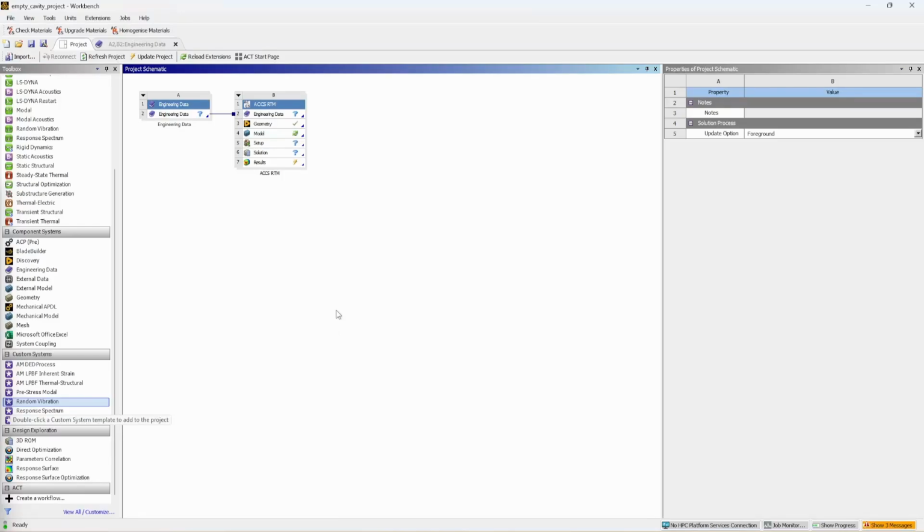In this tutorial we'll be covering how to use the new empty cavity feature in ACCS RTM. Now to showcase this new feature I'll be modeling an example from a paper, and the paper I'll link in the description below. This archive project will also be linked below, and that includes the geometry that will be used